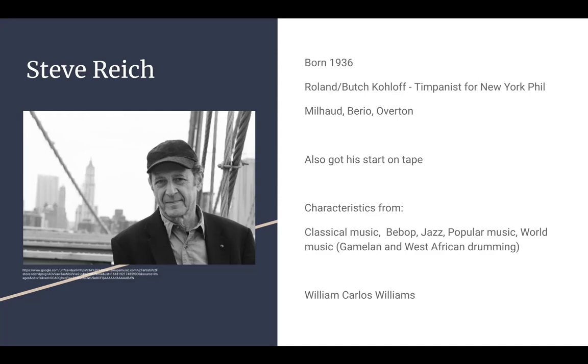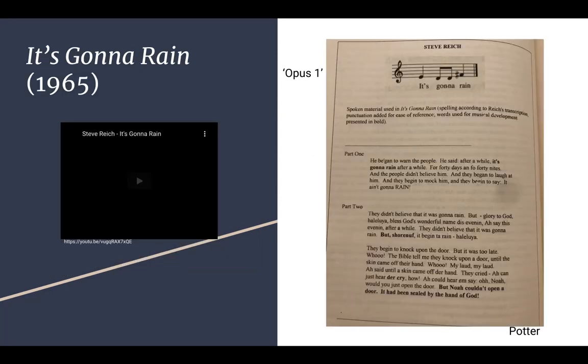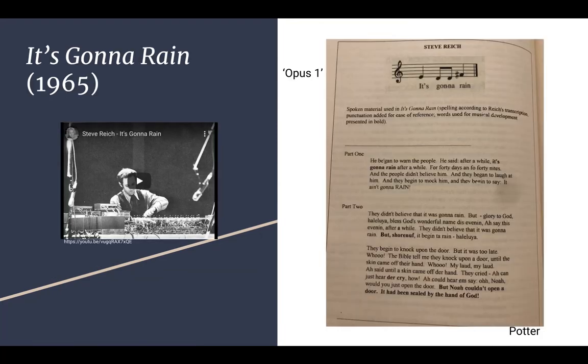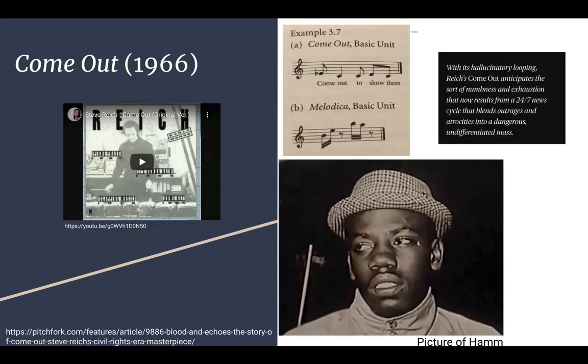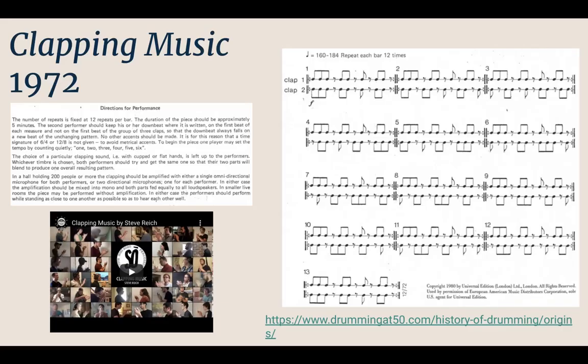And he created a bunch of pieces. It's Gonna Rain and Come Out are two of his electronic pieces. They're known as his race pieces. But the piece and activity that we would do in class would be Clapping Music. So we would walk through the different steps of Clapping Music and assign different parts and play through them. And it's really exciting. It's fun to play over Zoom because it's really easy to do, and all you need are hands to clap. So that's an example of my